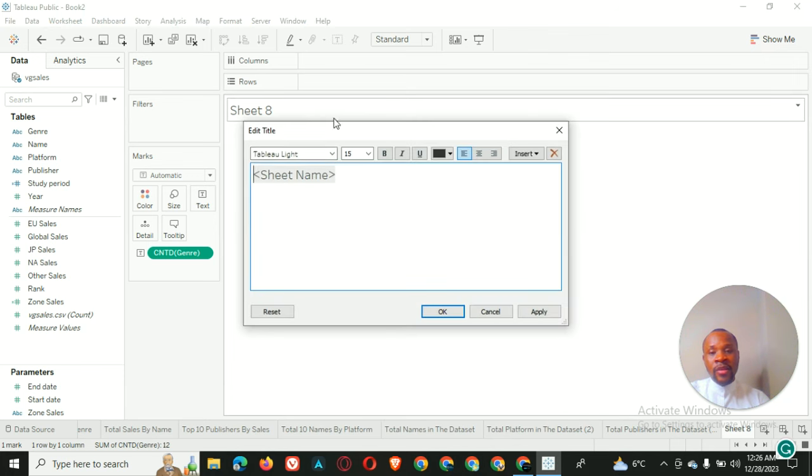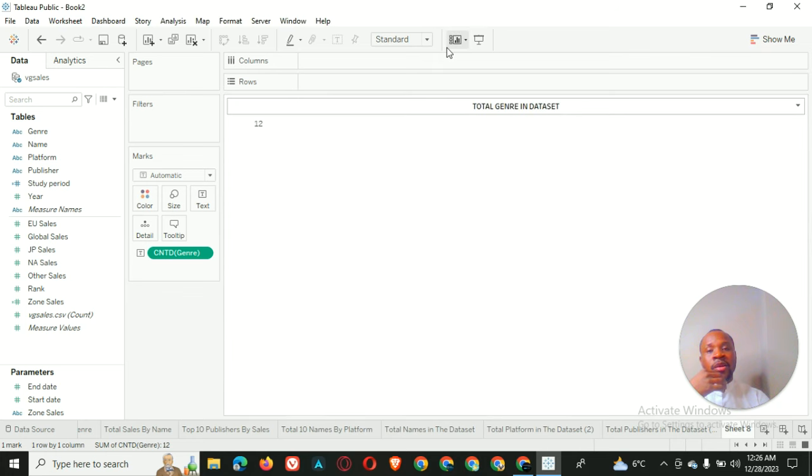So we edit the title. We say total genres in the data set. So we make it 11, so it wouldn't occupy much space. No, let's make it 9, and then bold, black, put in the middle, and entire view. Okay, apply, okay, and then we put it in the entire view,